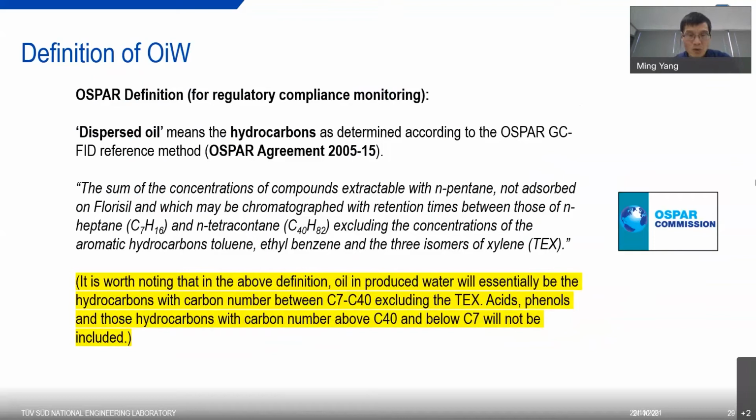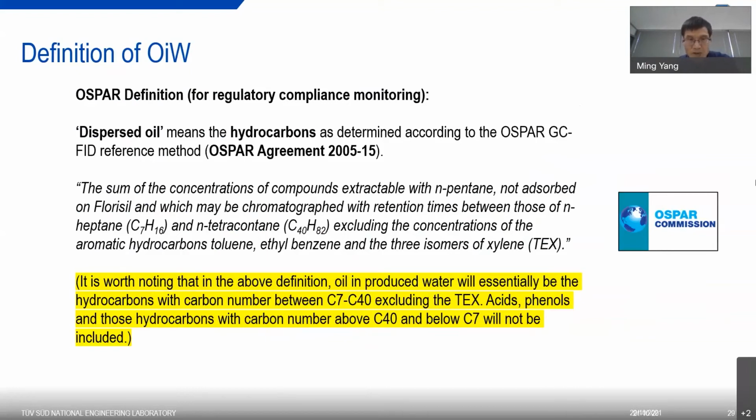So dispersed oil means the sum of concentration of compounds extractable with pentane, not adsorbed on the Florisil, and which may be chromatographed with retention times between those of n-heptane and n-tetracontane, excluding concentration of aromatic hydrocarbons, toluene, ethylbenzene, and